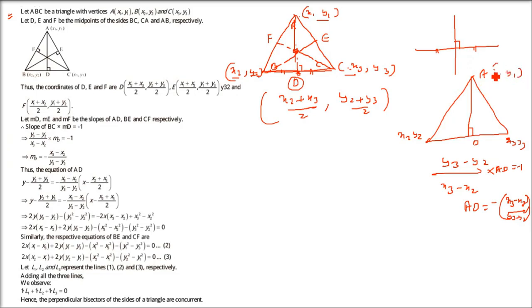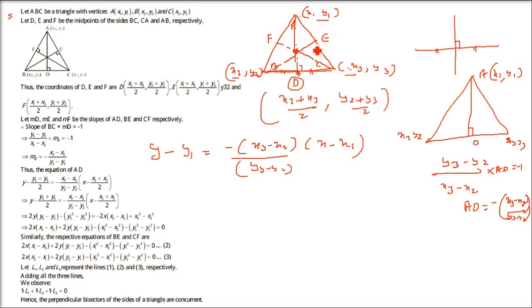This is x1, y1. So you can use this slope now and make an equation passing through x1, y1. This is the wrong thing I'm doing. I'll show you what I'm doing wrong, then I'll show you why it's wrong. So if I take x1, y1 as x1, y1, then y minus y1 equals m, which is minus (x3 minus x2) over (y3 minus y2) as we just found out, times x minus x1. Now the problem is, if we solve it, we'll get an equation, and we have to solve it 3 times because there are 3 lines like this.